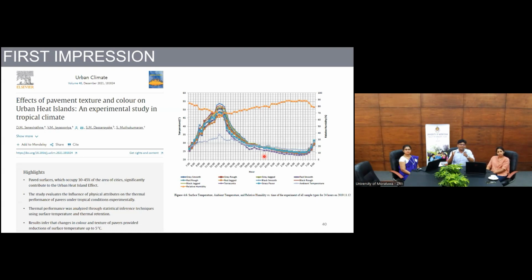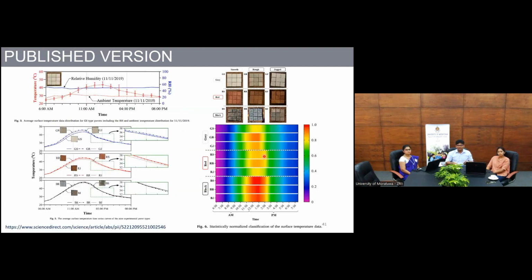Right? This is the data set that we got from the research. So how do we convert this from this form to a published research? Let me show you. It was not easy. It took like 3 months to come up with this. So as you can see, the narrative is there is this temperature variation from 6 a.m. to 8 p.m. in a tropical country, of course, Sri Lanka.